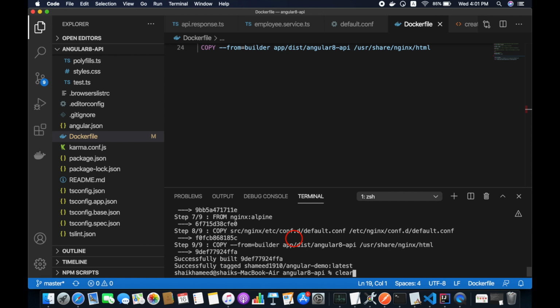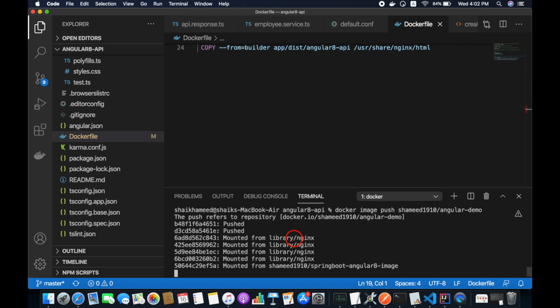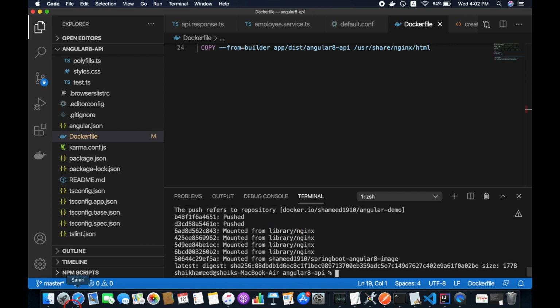Let's clear this console, and now I'm going to push this image, docker image push, my username, and our image name, Angular demo. Okay, let's hit enter. It's done.